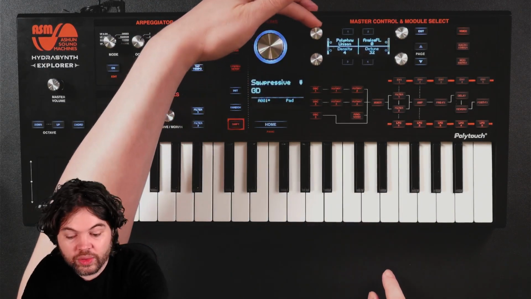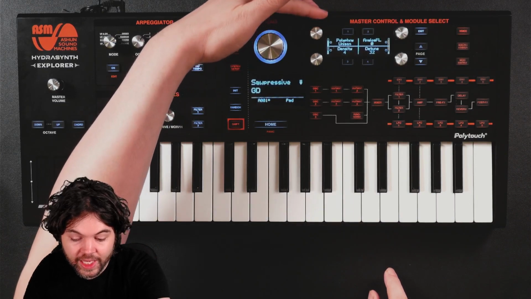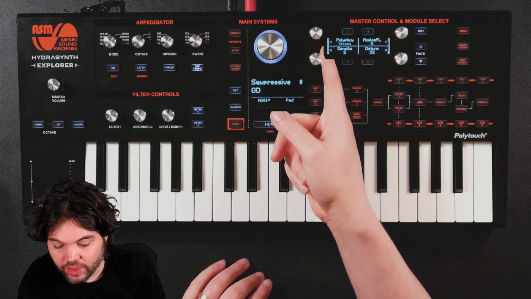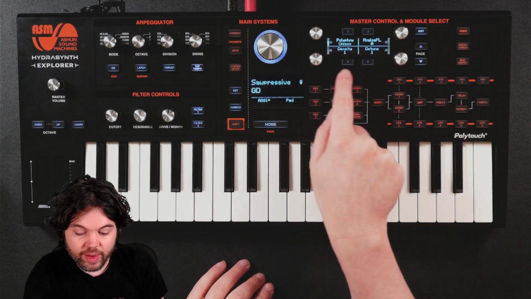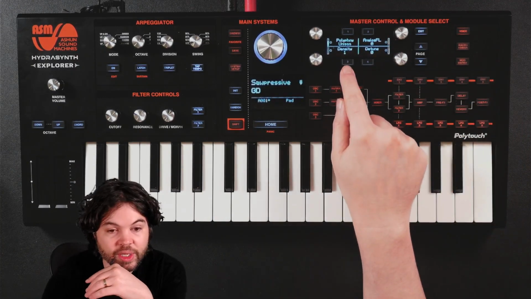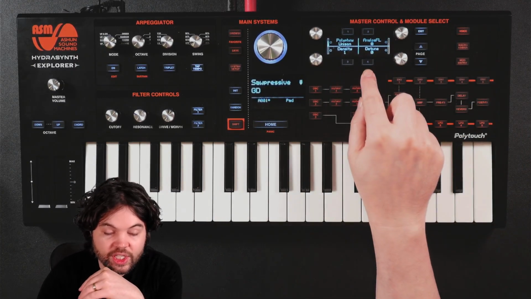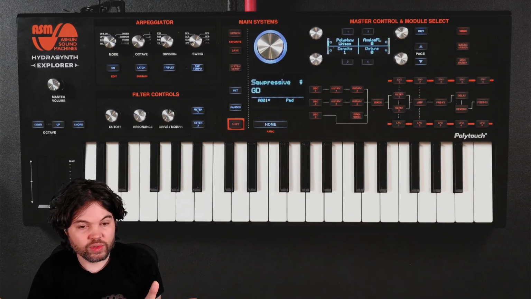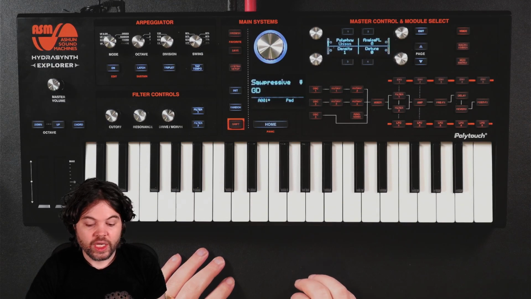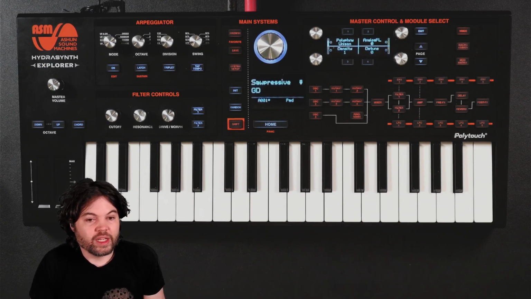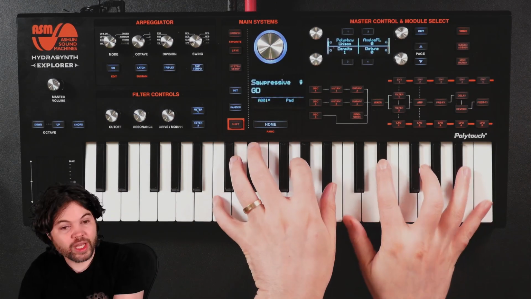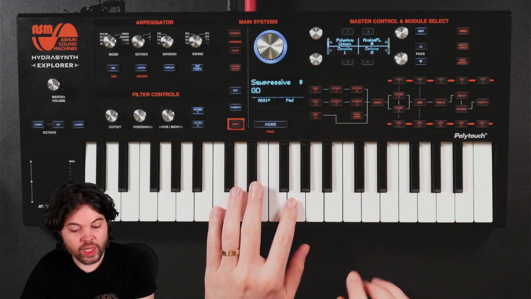We have unison modes, and with their counterpart low and high. Unison I tried to use previously and was a little bit confused, and the reason I was confused is these 2 parameters, density and detune, do probably what you expect. Density picks the number of voices in the unison, detune picks how detuned those voices are. What I hadn't considered was that you do not maintain polyphony. This is a monophonic mode. So with a density of 1, I thought I could play 8 notes, but I can only play 1,